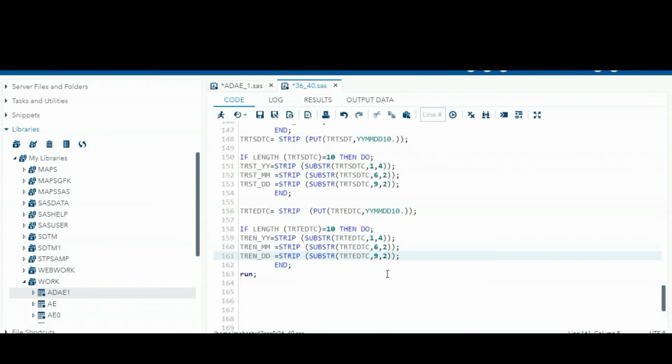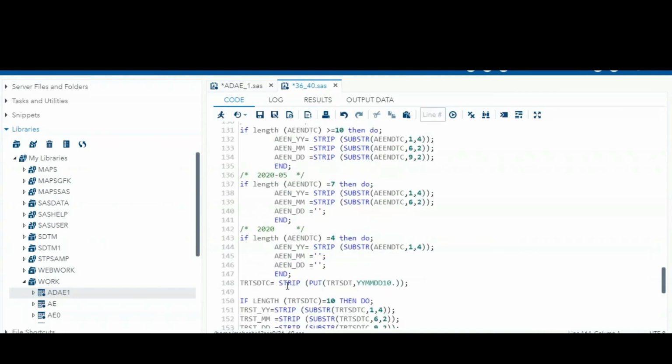Up to now what we did: we have picked up AESTDTC and AEENDTC and divided them into three parts: year part, month part, and day part, and the treatment start date also into three parts, and the treatment end date also three parts. So up to now we have divided all the dates into three parts, right?